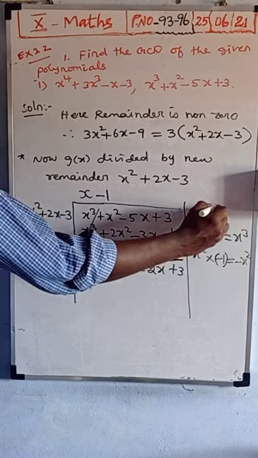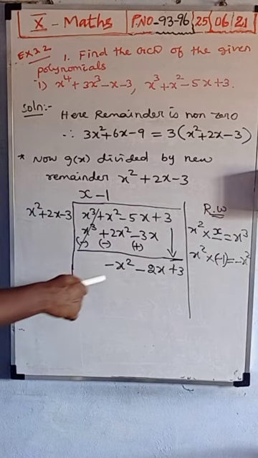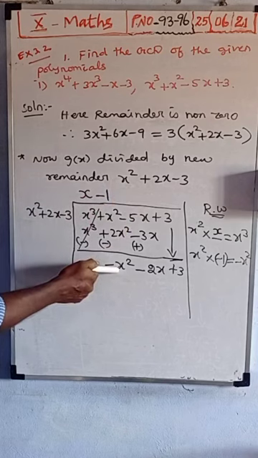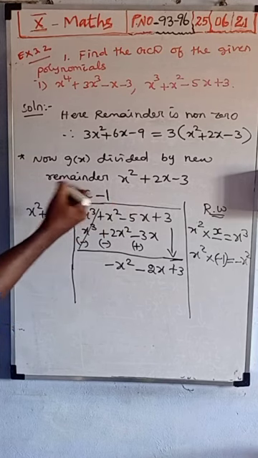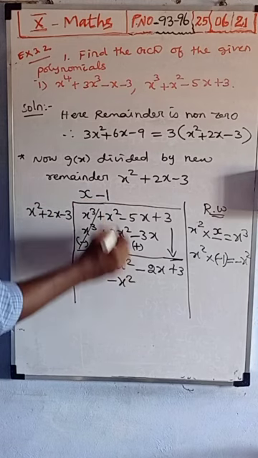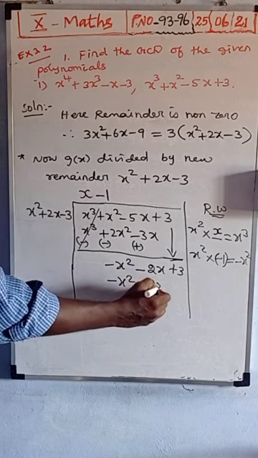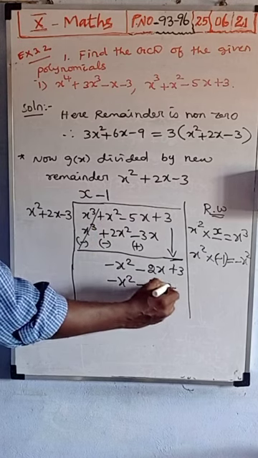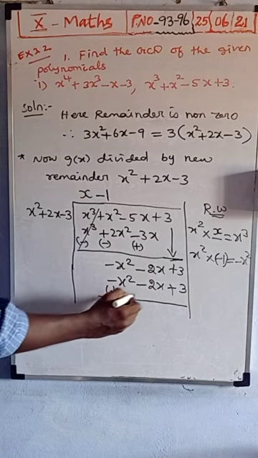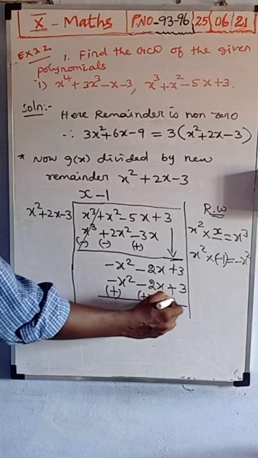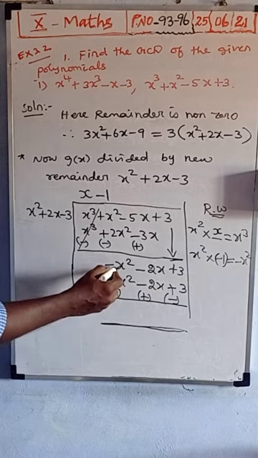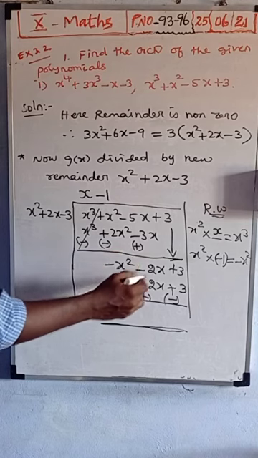Okay, so this rough work is for understanding purpose. Here x squared, you multiply with minus 1 only, we will get minus x squared. That means you take minus 1 and multiply these three terms. So minus 1 into x squared, minus x squared, minus 1 into 2, minus 2x, minus into minus plus 1 3s are 3. Now you should change the symbol: minus changes into plus, minus changes into plus, plus changes into minus. Now you check, so see, minus x squared plus x squared will get cancelled, minus 2x